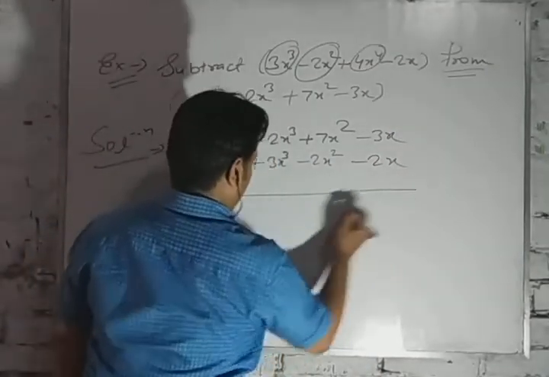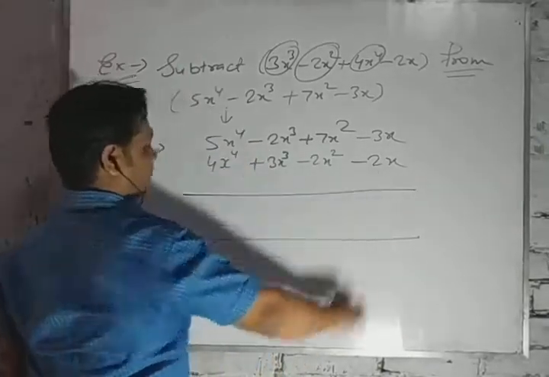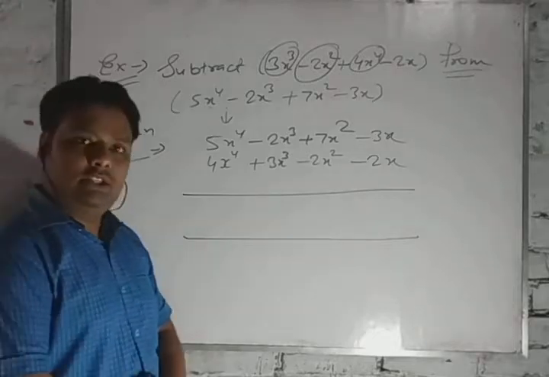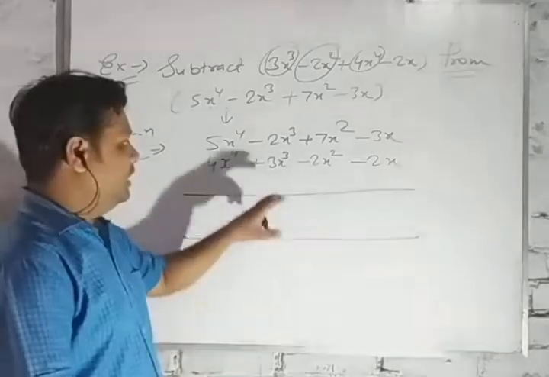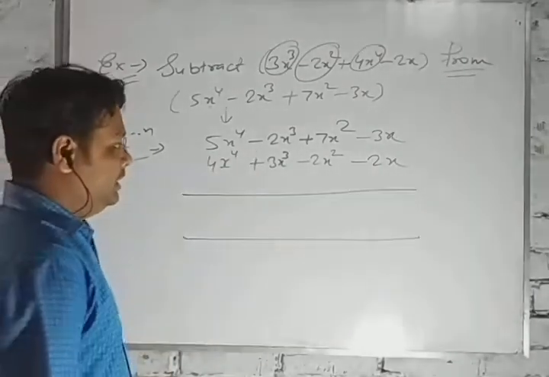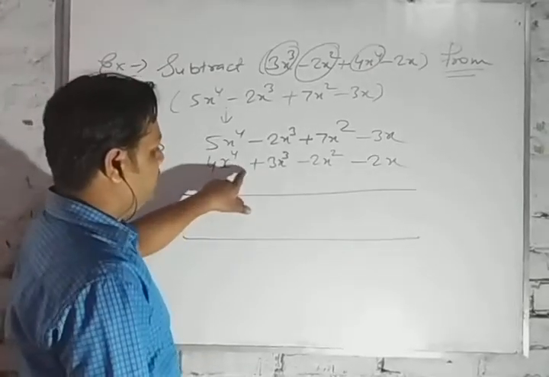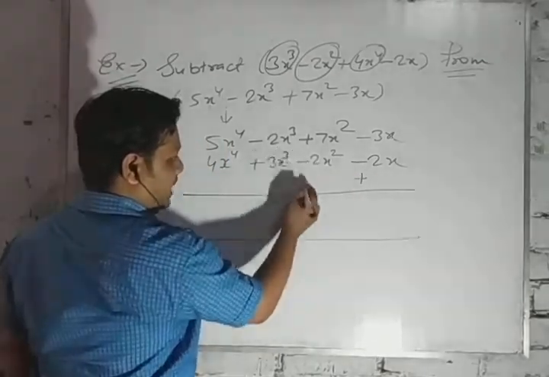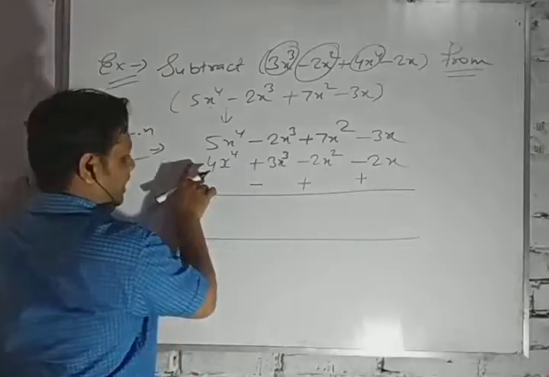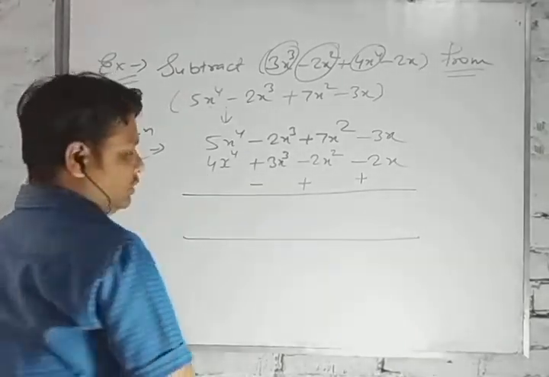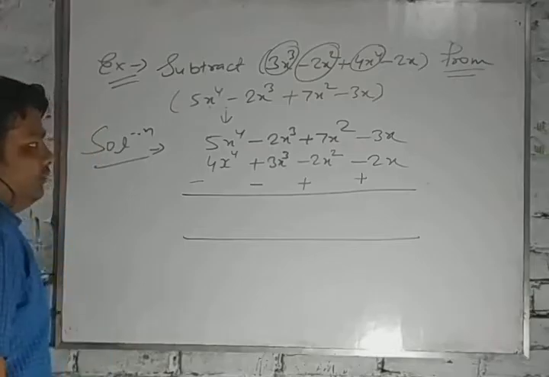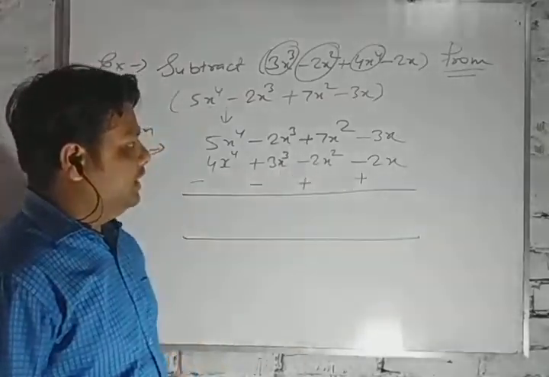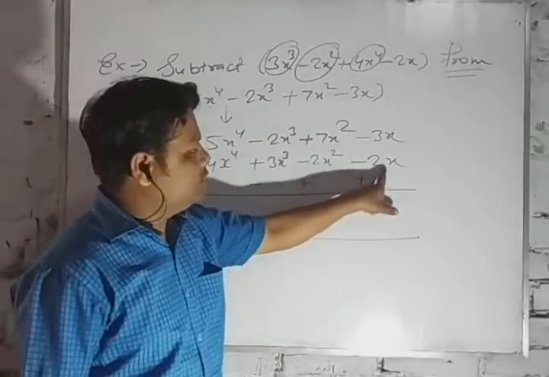Now we have to leave some space here. Why will we leave space here? To change the sign. In the third step it is written that you have to change plus sign to minus and minus to plus, only for the second expression, not for the first. So here it is negative, that will change to plus; minus, then it is plus; plus, it is minus. Here nothing is written, it means it is plus, so we will write here minus. Now we have to use this sign to solve it. Here you can write minus 3x and here it is plus 2x. Now it is plus 2x.